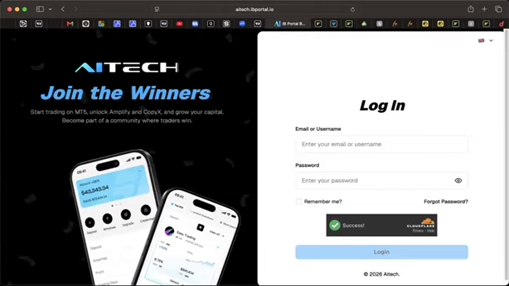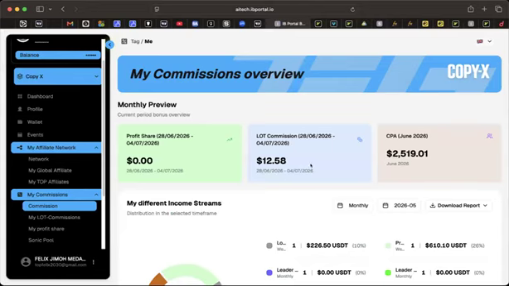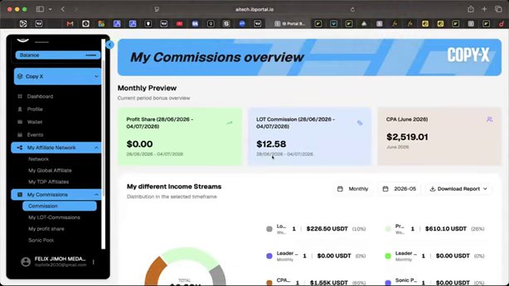And very many persons have asked me, is this not network marketing? And I will say that with all sincerity. Why? Very many persons, when they come into Tag Markets and AI tech, want to see when their friend deposits money, they should get all the money the person deposited. No, that's not how it operates here. Now, I'll just show you a brief of it. Quickly look at this account now, for instance, ladies and gentlemen. For one trade that took place today, this account got a profit share of $12.58. This is lot commission.